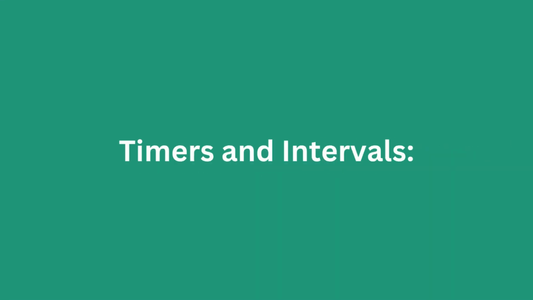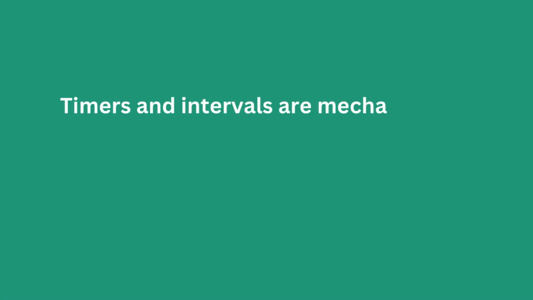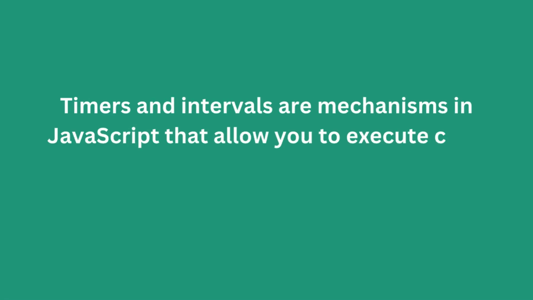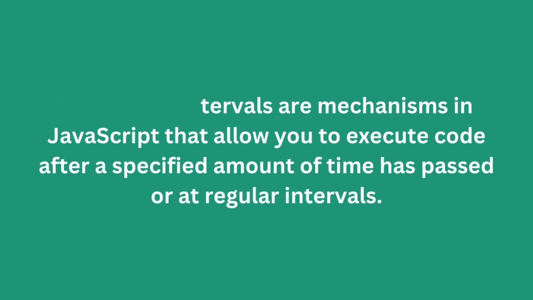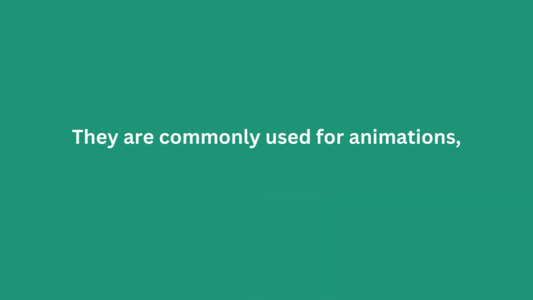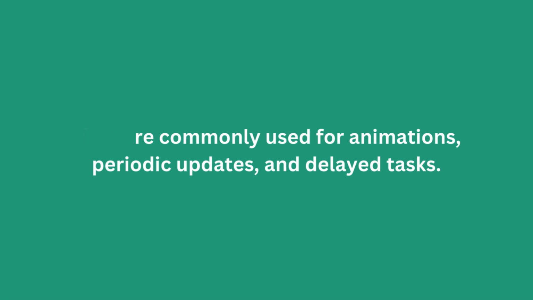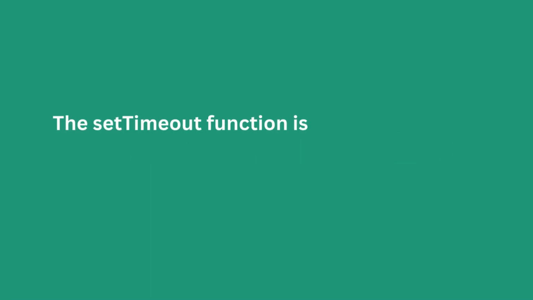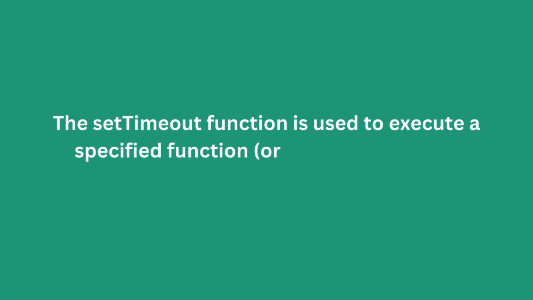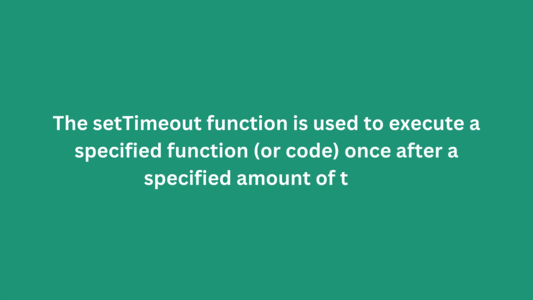Timers and intervals. Timers and intervals are mechanisms in JavaScript that allow you to execute code after a specified amount of time has passed or at regular intervals. They are commonly used for animations, periodic updates, and delayed tasks. setTimeout function. The setTimeout function is used to execute a specified function or code once after a specified amount of